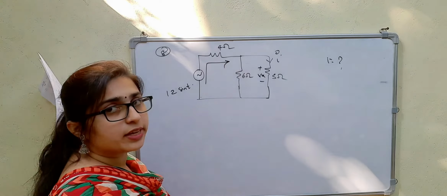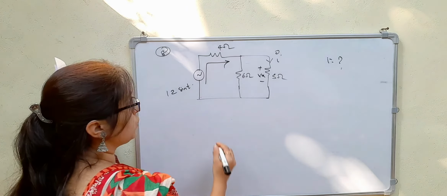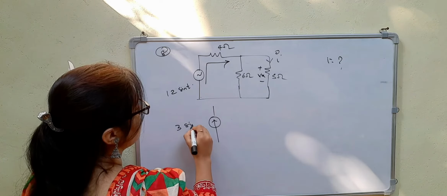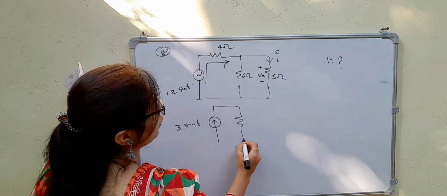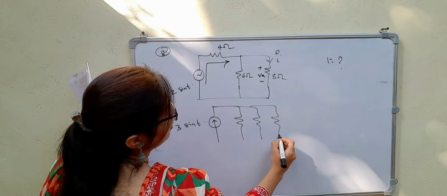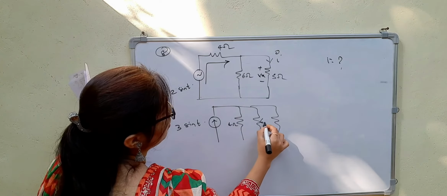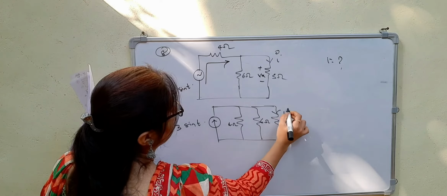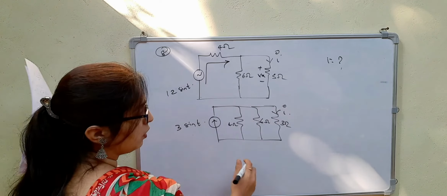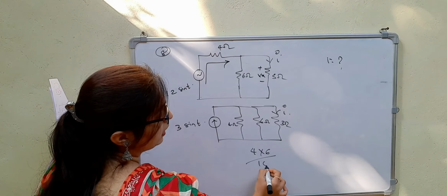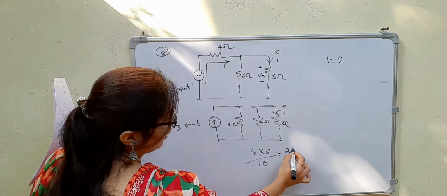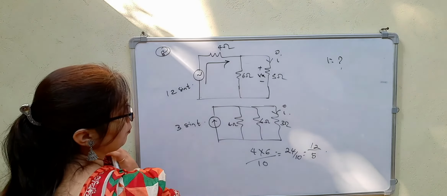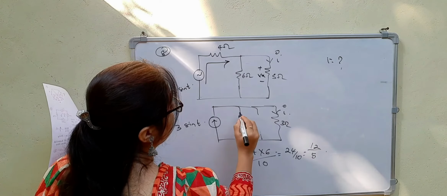So now I can reduce this to a circuit because see here this is a voltage source, practical voltage source, that means it can be converted to current source. So current source will be obviously equal to 12 divided by 4, that is 3 sin t. Then you have 2 resistors here, that is 4 ohm and 6 ohm. I won't do any changes for the 3 ohm because I have to find the current through that particular branch. So this combination will be 4 into 6 divided by 10. So that is 24 divided by 10. We can write this as 12 divided by 5.